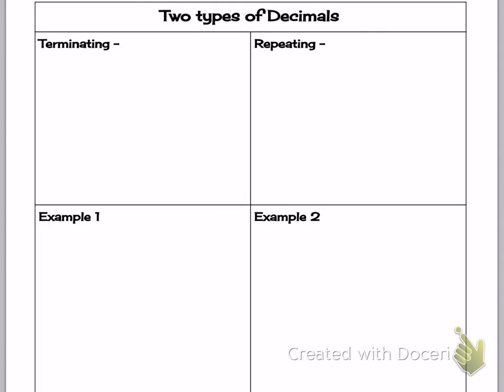In this lesson, we're going to be talking about the types of solutions you can get when you divide decimals. The first type we're going to talk about is terminating. Terminating decimals are what we've actually been working with already. It is a decimal that ends. What I mean by that is that as you're dividing, you will end up with 0 at the bottom of your long division problem. So a good example of a decimal that ends is if we do 3